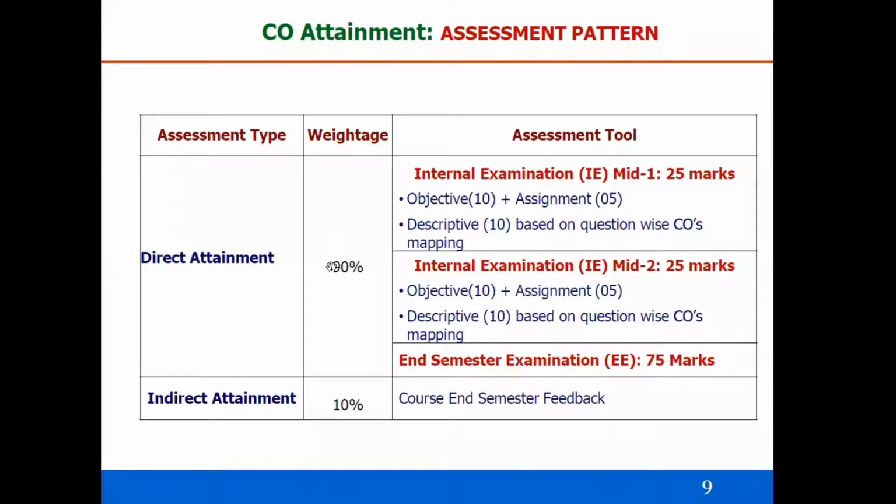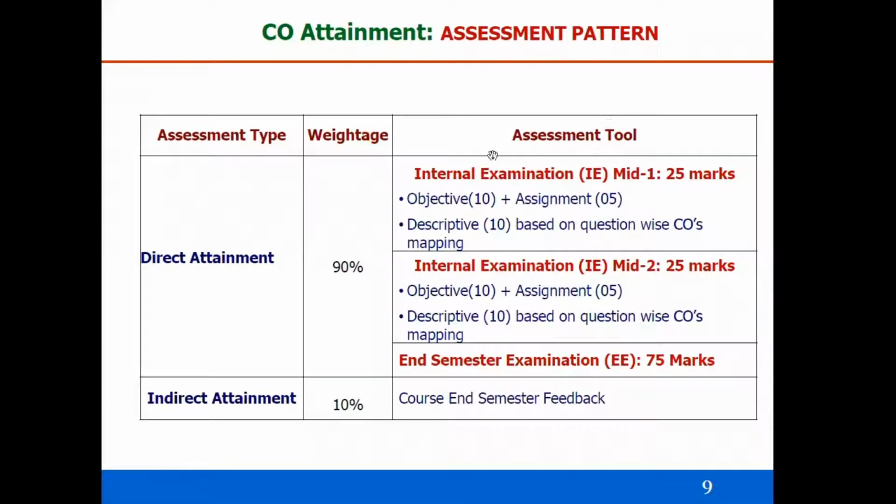Here, ideally, we have taken one sample: for direct attainment, 90% is considered, then indirect attainment 10% is considered. With this distribution, now the formula is created for calculation of CO attainment. For direct attainment we have a separate formula, for indirect attainment we have a separate formula, then for final attainment by combining direct and indirect attainments. Now for direct attainment, let us assume 90%. This 90-10 is not fixed; that depends on your institute level, which has to decide, so commonly every faculty has to follow the same distribution. So let us take direct as 90%.